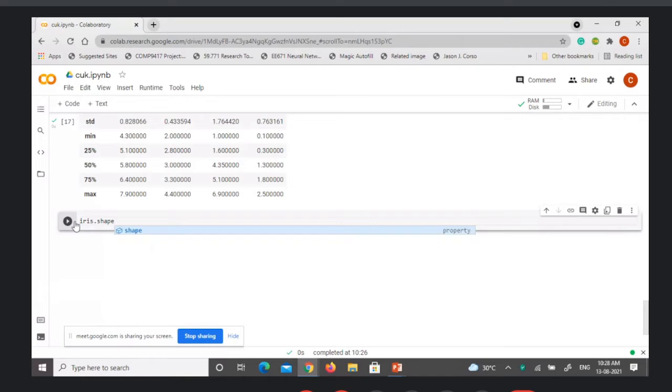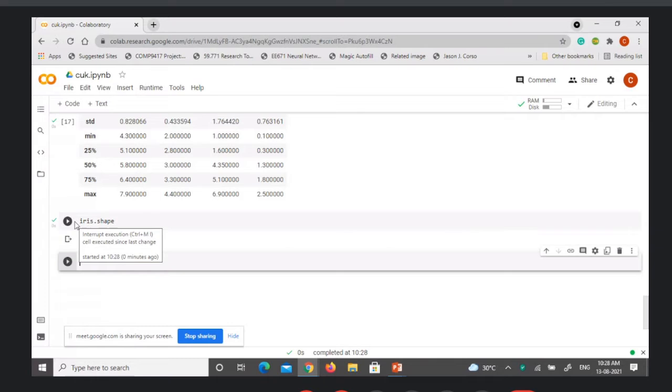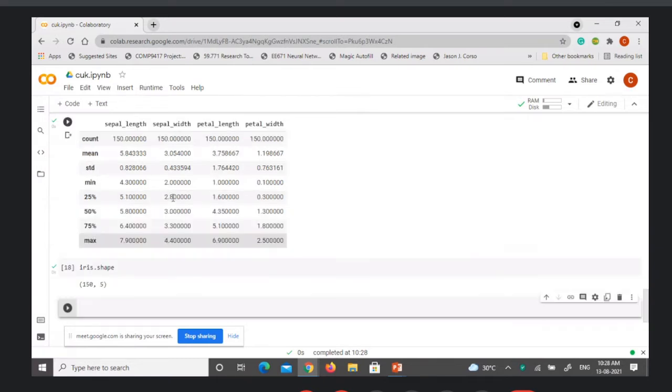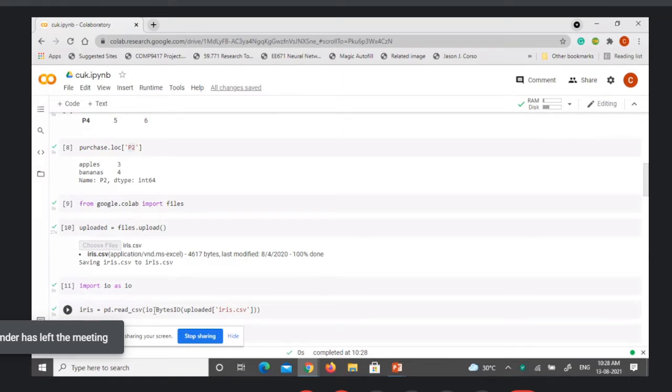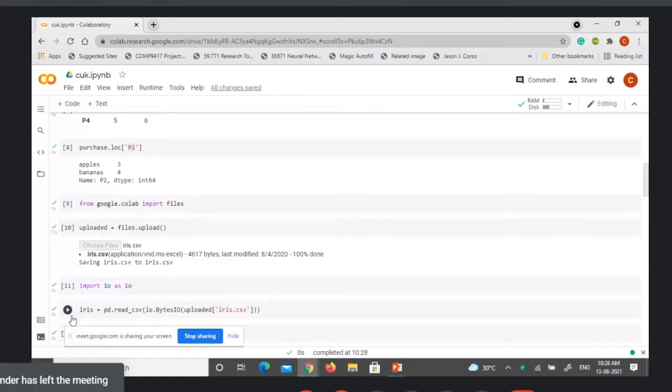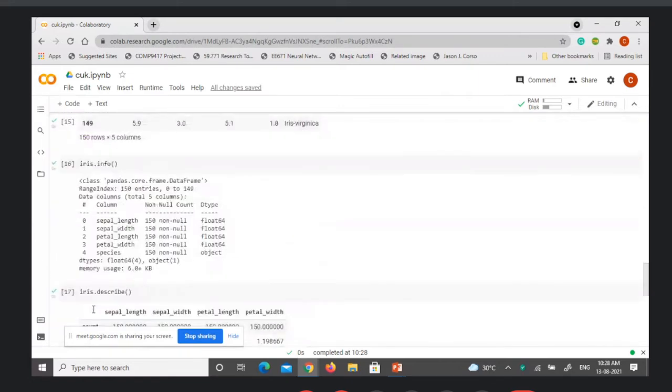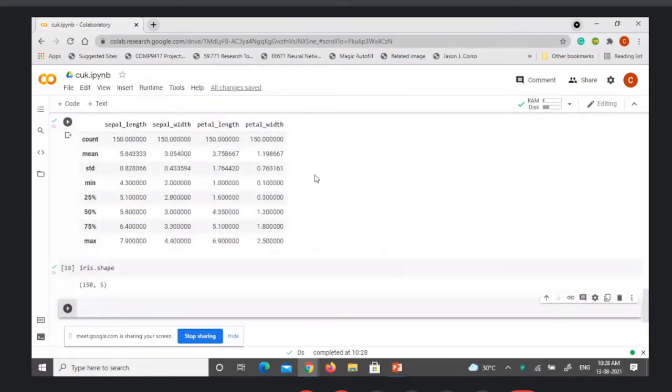And you have another one called shape. When you say shape, you will get the dimensions of your iris. Now the iris here represents the pandas object, which contains the data from the iris.csv file. So we have used the read CSV available in pandas and stored that in iris. So iris.shape gives the complete tabular structure: 150 rows and 5 columns. You will get it from the shape.